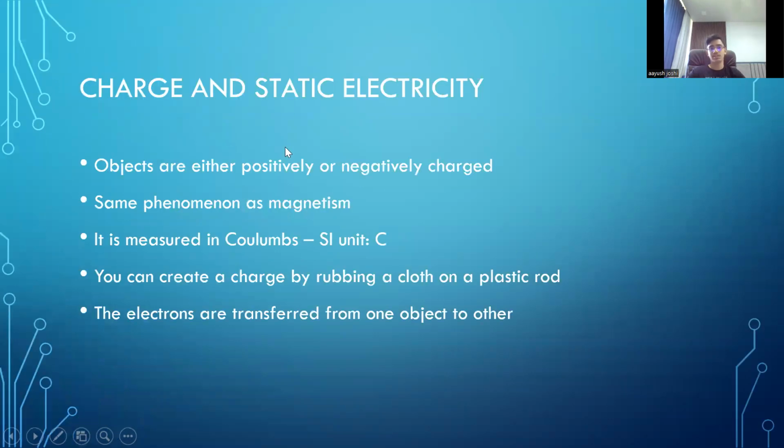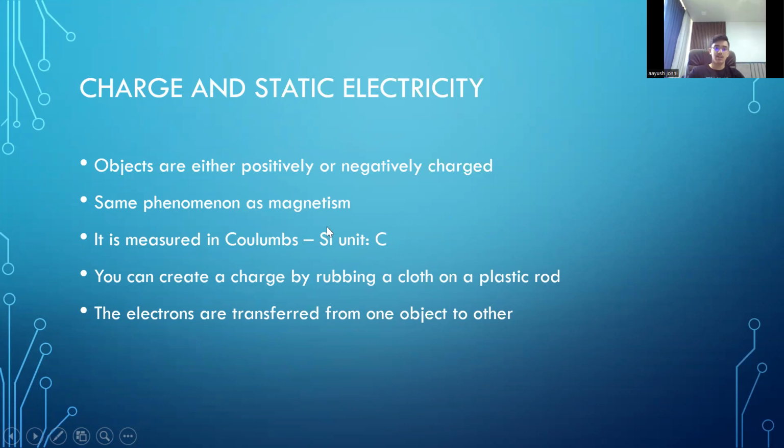So, charge and static electricity. Objects are positively, negatively, or have a neutral charge. Generally, objects do have a neutral charge, but when you rub them over with a different object, you get a positive or a negative charge because electrons are being transferred from one object to another. The positive and negative charge have a similar phenomenon as magnetism, and its charge is measured in coulombs, and its SI unit is C, the one which you will use. Suppose say 5 coulombs, you will write 5C to ensure you get full marks because the units are very important